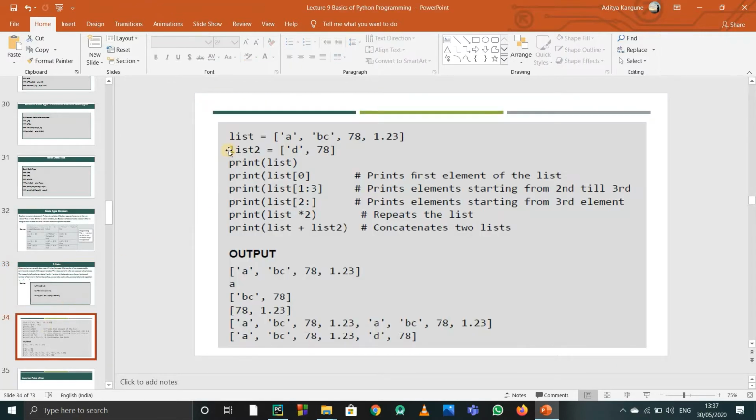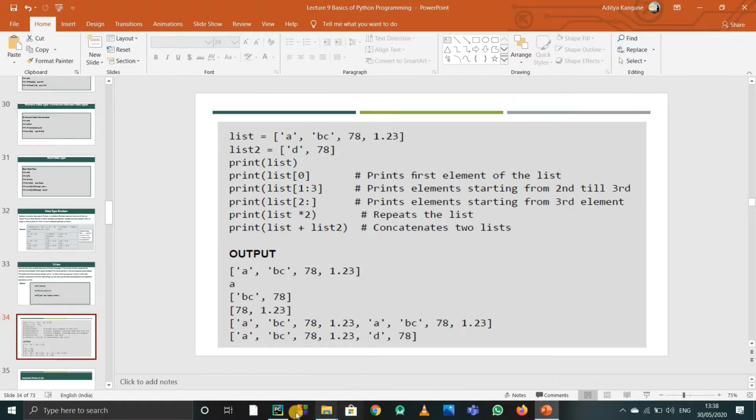So that's all. In the next slide we'll see they have assigned letters or words, and after that they have assigned float values and integer values. They can include it at the same time, but if you are assigning a word or letter, you need to use the quotes for them, because Python should understand that they are words. Python understands that this is an integer, this is a float value, but for it to understand that they are words or string, you need to put them in the quotation marks.